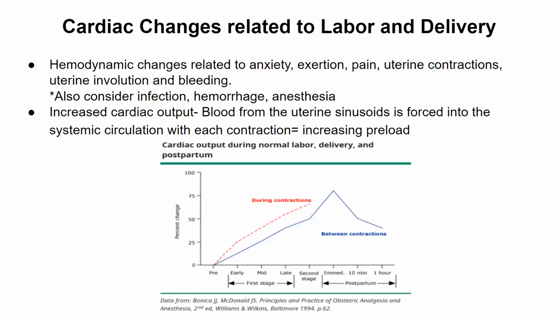So, cardiac changes related to labor and birth. We already talked a little bit about how hemodynamic changes can occur related to anxiety, exertion, pain, contractions as well, uterine involution, and if the mom is bleeding. And then also, if there's infection, hemorrhage, and anesthesia, we need to pay a little bit more